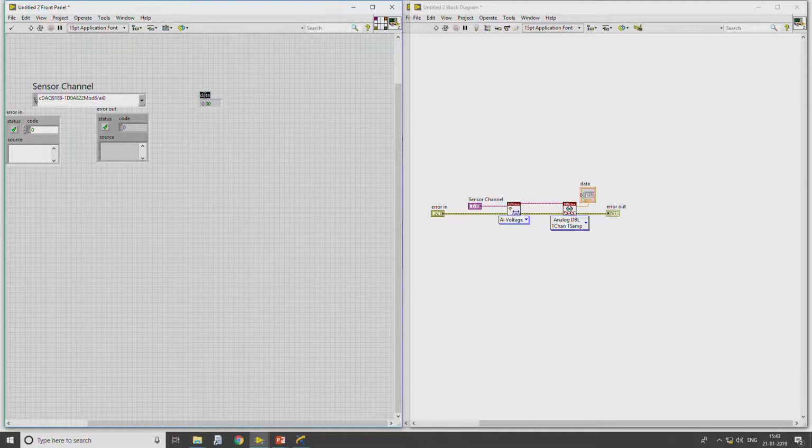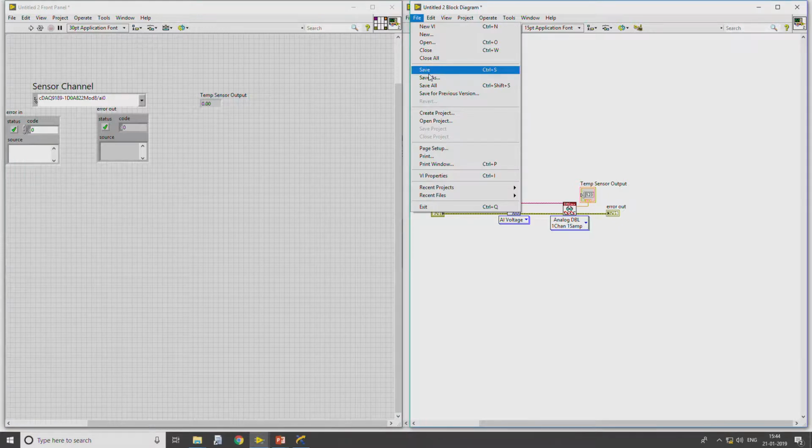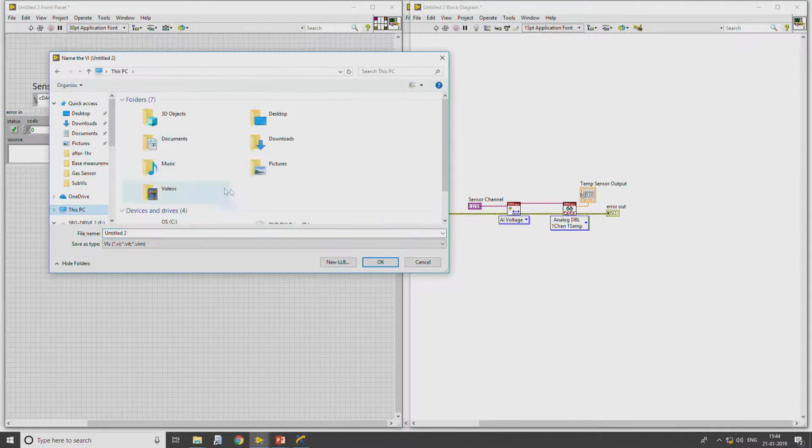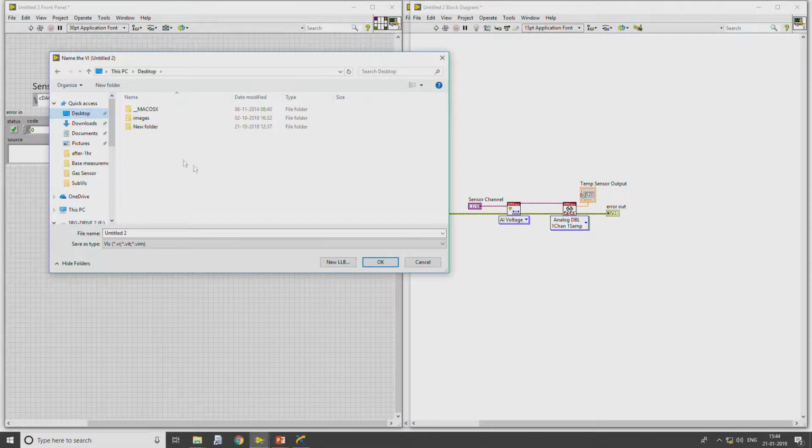So, which data is this? Sensor data, temperature sensor output. Now, let me save this file. Save as. I am going with replacing everything in the desktop.